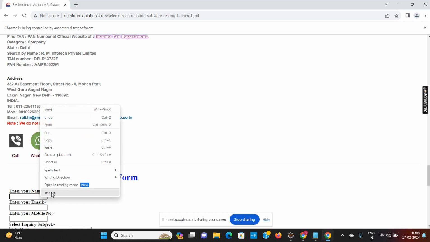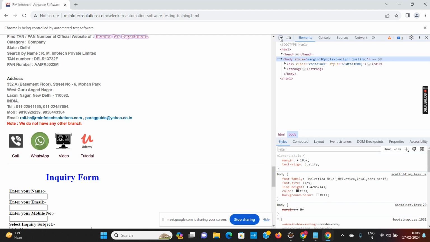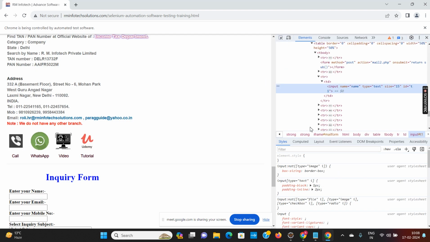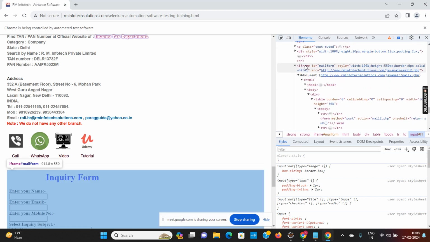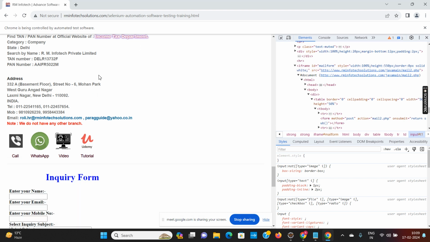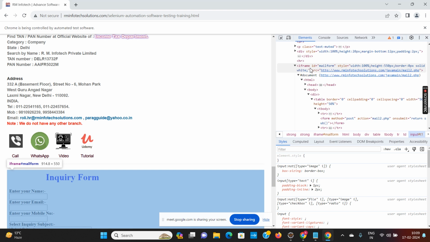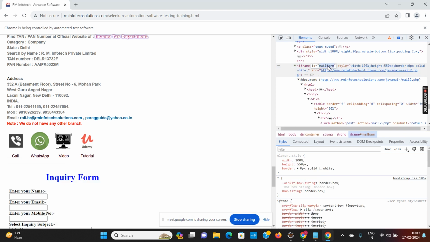So now if I inspect it again, okay, and I'll scroll up, so you'll find that it is actually an iframe. So now how to automate the iframe? We have to change my focus from the current parent frame to the child frame. This is the child frame of this parent frame, main window, current window. We have to change the focus to this iframe, and for that we can use this id. Id is equal to mail form. So this iframe has the id mail form, so I can use this